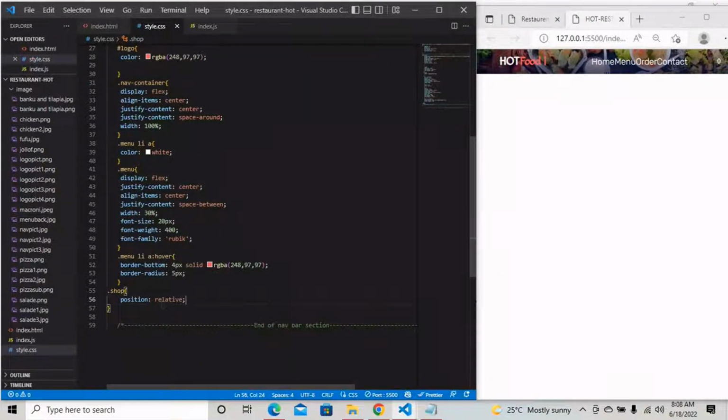Position relative, I will highly recommend you to go online and type it and learn a little bit about it, because they are very important. They are very necessary for a website. When you want to make a very nice and responsive website, you have to learn those small tricks. So that is it. So position relative,